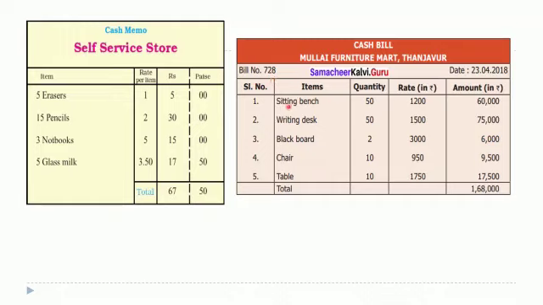Now here also they have given sitting bench, they have brought 50 quantity, and then rate means this is for one sitting bench, cost rupees 1200. See, benches are so costly, so you should take care of your benches in school and all. And then for 50 it means 60,000 they have paid.